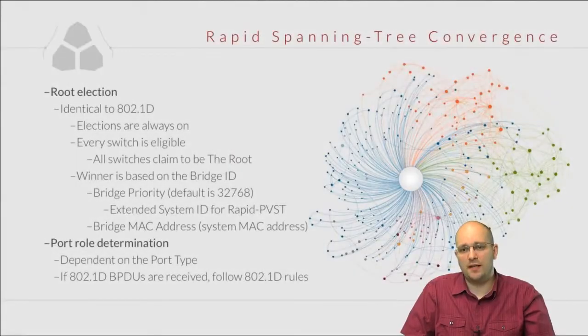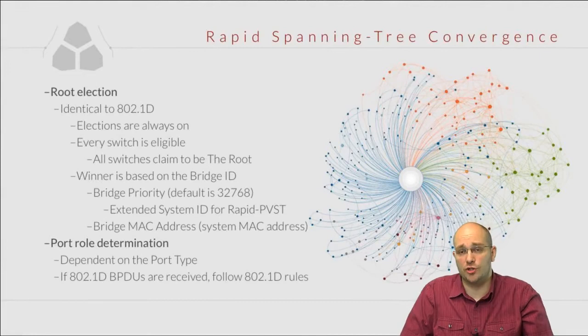The rapid spanning tree convergence is not unlike the convergence in the traditional spanning tree. The very first thing that happens in the network is the root election, and this process is identical to the root election in 802.1d. The election is always on. We have the permanent state of democracy, as I like to say. Every switch in the network is eligible to become the root. The only thing that it has to do to become the root is to claim to be the root, and